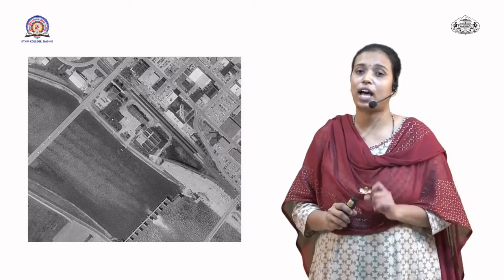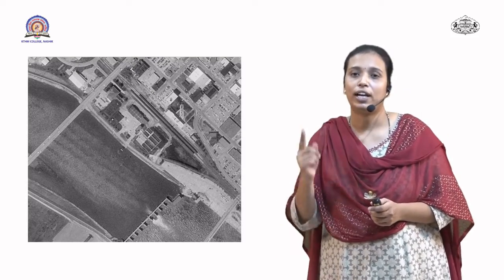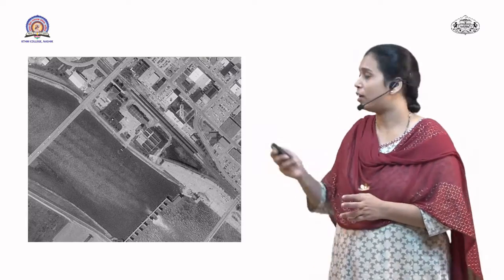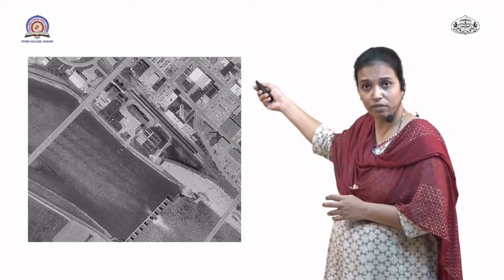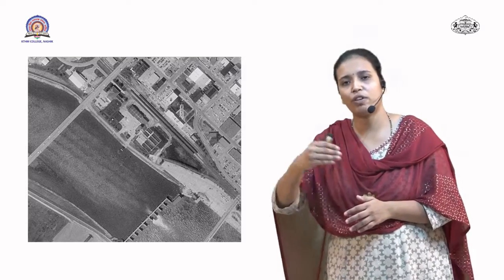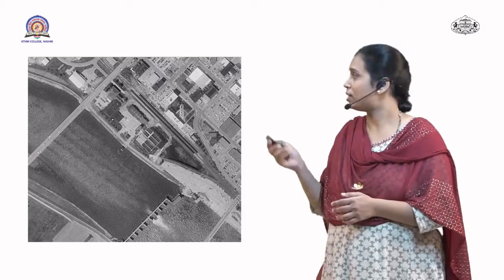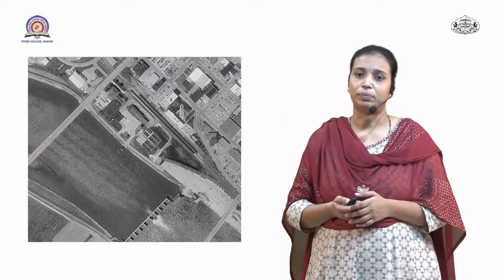So what is the site of that residential area? The site is near to the dam, whatever dam it may be, and you can see a line crossing above the dam. For example, it may be a road which is going from above the dam area or above the water. This is a perfect example of site.